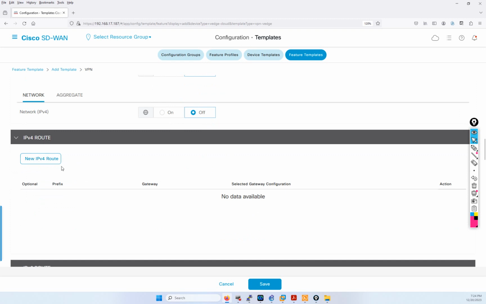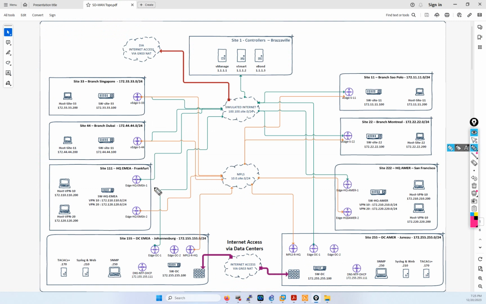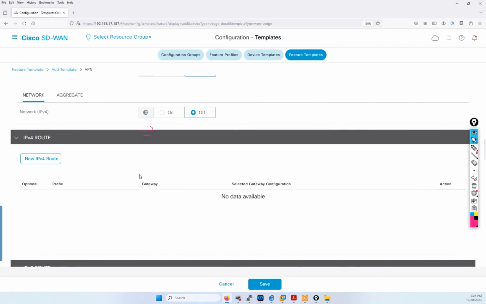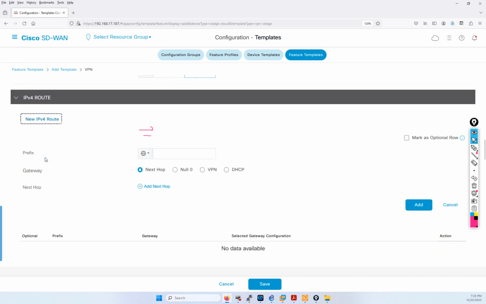And an important section, it is required to have a static route. Basically the way we set up our lab, each one edge is connected to two types of transport, MPLS and internet. We will need a static route pointing to the internet and another static route pointing to MPLS. So if we go back here, we can add a new IPv4 route, and the prefix is, we can put it